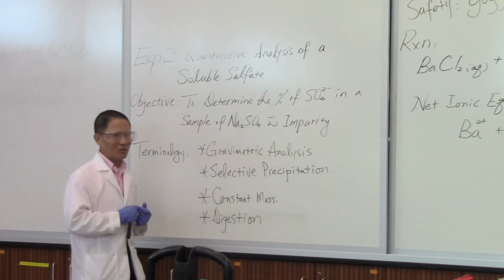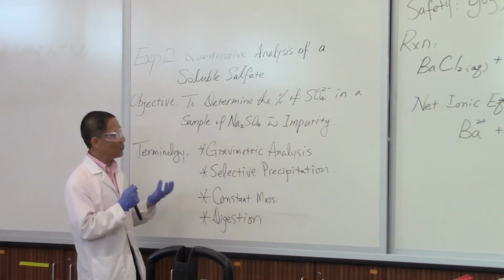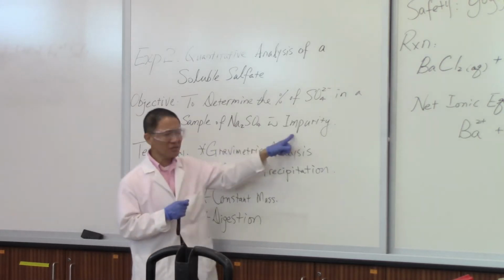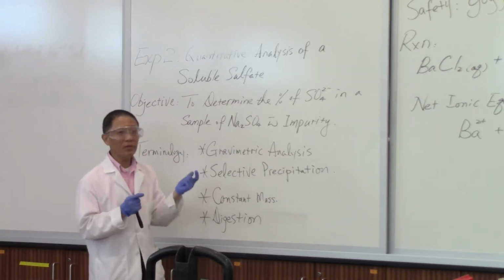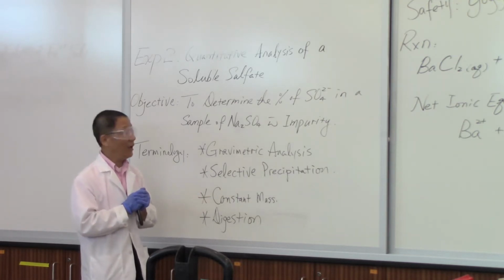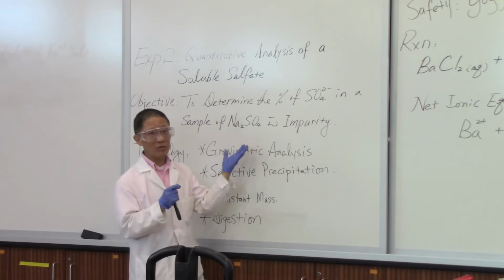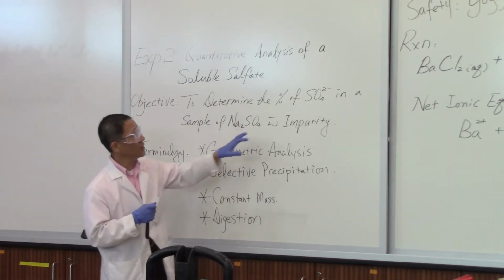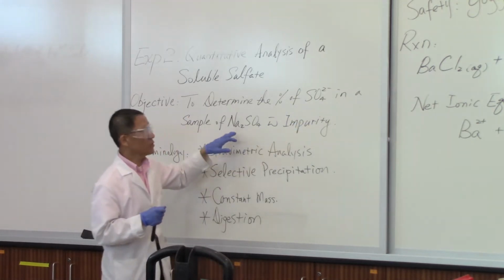We don't need to do this experiment. But unfortunately, the sample that we're using today is something with impurity. So for a given amount of sample, we don't know how much sulfate ion is in there. And this is why we need to do this experiment to determine the amount of sulfate ion in the sodium sulfate